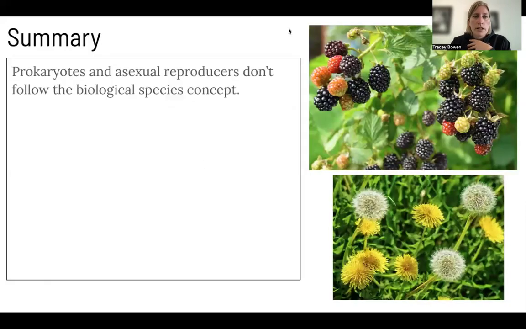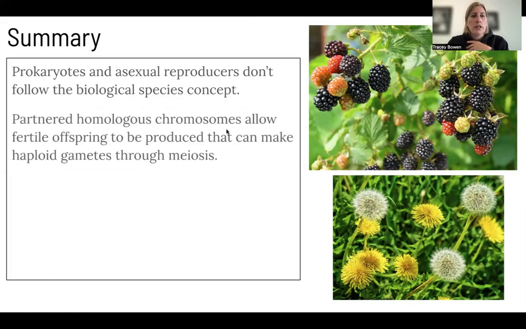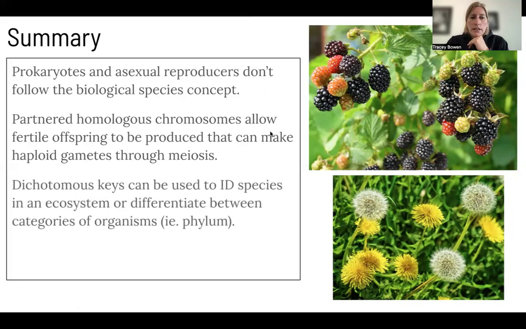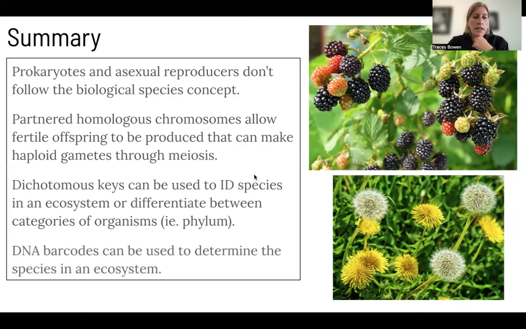So prokaryotes and asexual reproducers don't follow the biological species concept. Partnered homologous chromosomes allowed fertile offspring to be produced that can make haploid gametes through meiosis. Dichotomous keys can be used to ID species in an ecosystem or to differentiate between categories of organisms like phylum. And DNA barcoding can be used to determine the species of an organism as well. And here, these are our blackberries and dandelions that are